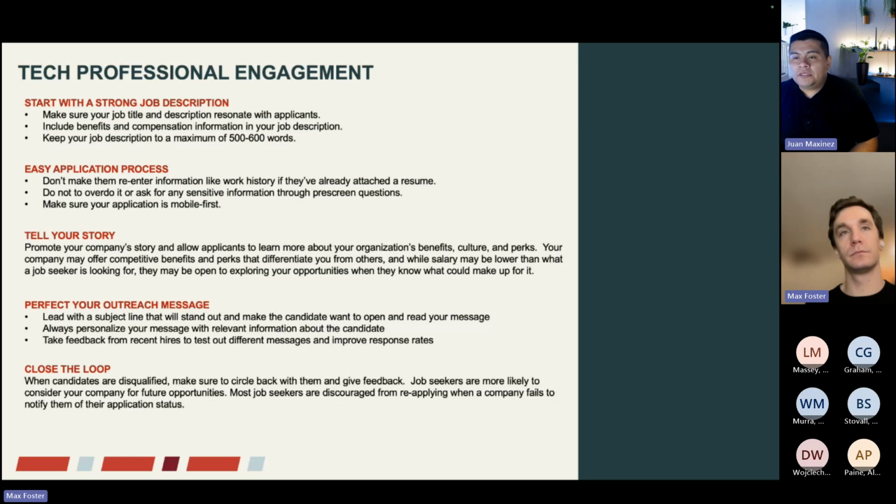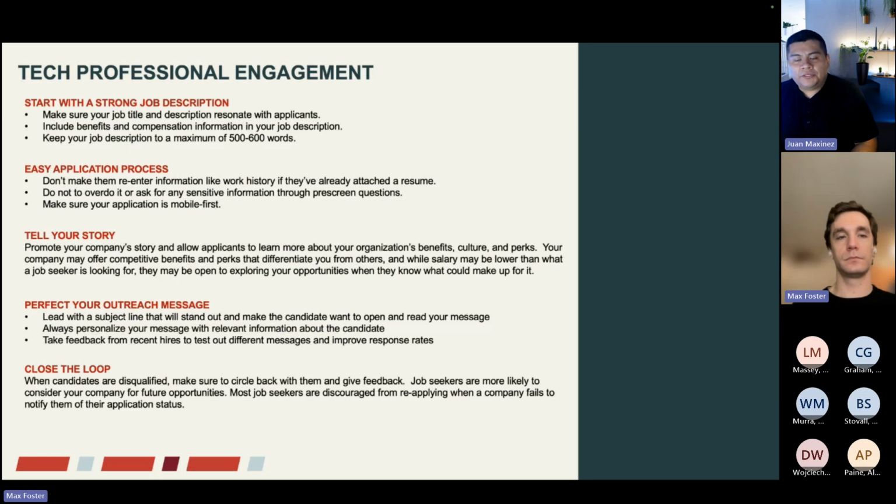The next step is really the application process. So you definitely want to make sure that it's easy for them to complete and also that it is mobile first. As I mentioned, with them looking at the job description, if you have the apply directive from our site to your ATS page or your careers page, it of course makes sense for them to be able to complete it on the same device that they're currently on. So just be considerate of that when you're looking into some of your application processes.